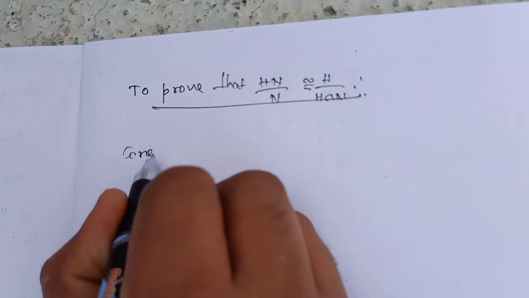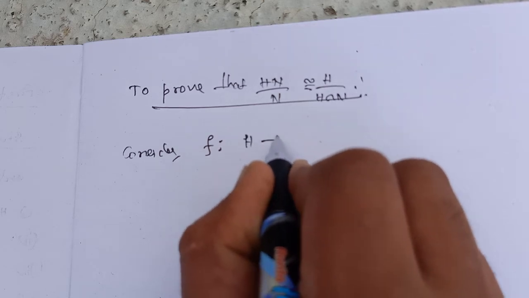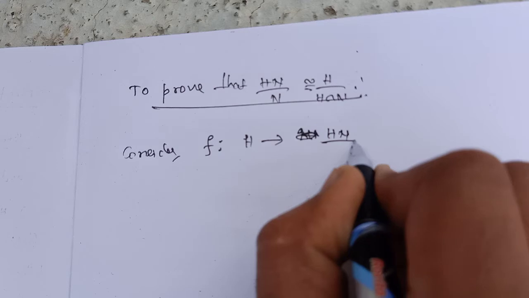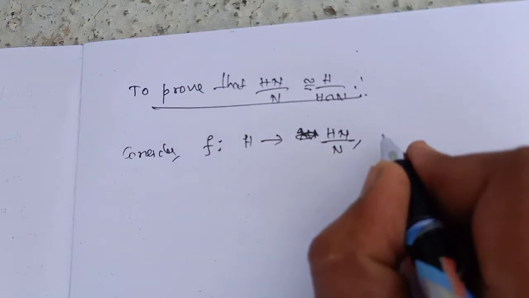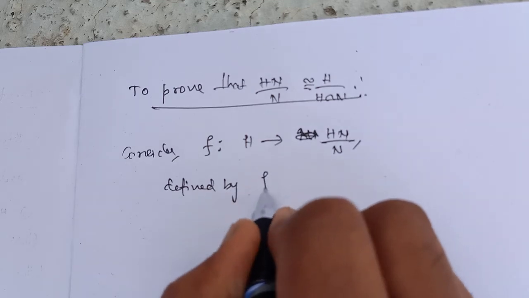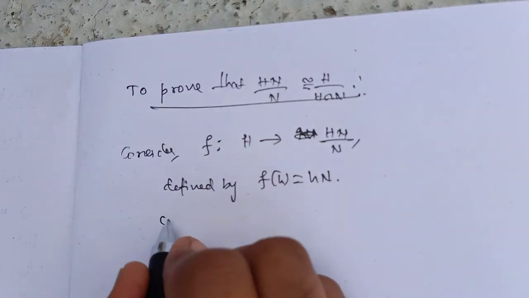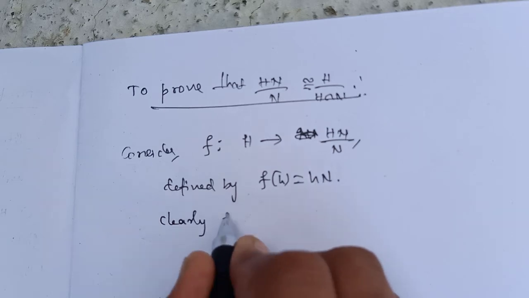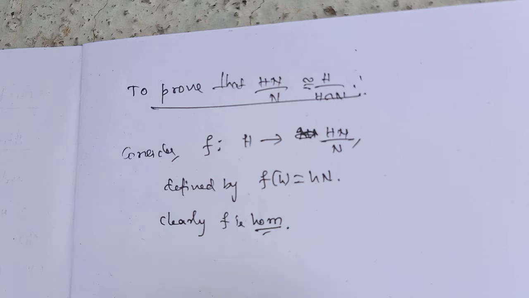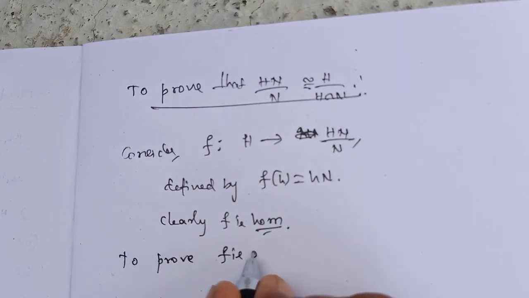Consider the mapping f from H to HN by N defined by f of h equals hN. So clearly f is a homomorphism, no need to prove this one. Next, to prove f is onto,